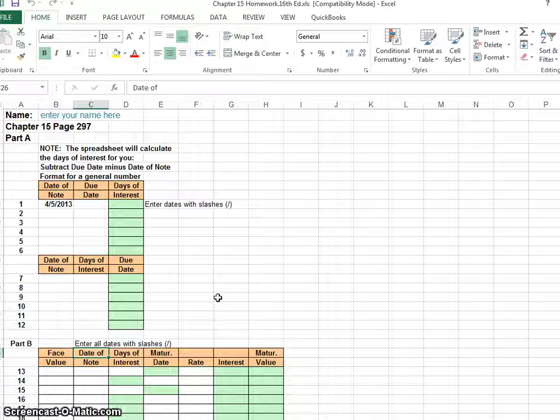The first topic deals with dates, and I'd like you to use the spreadsheet to calculate your dates for you. And if you would, please enter in the dates using the slash method. So on page 297, if you'll enter in the dates there, the first one is done for you. Enter in the next one as